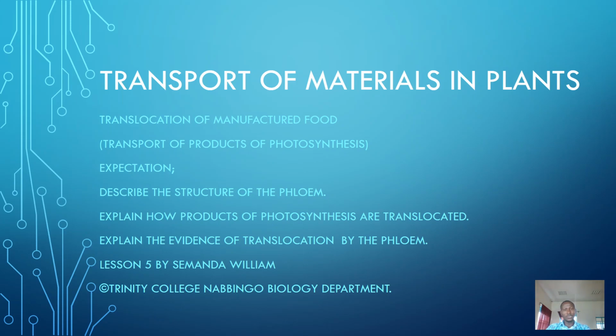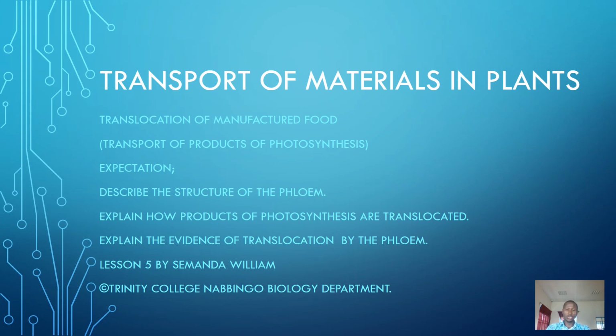Dear Senior 2 students, you are most welcome to our fifth lesson in the topic, transport of materials. In this case, we are going to talk about transport of manufactured food, or products of photosynthesis, in the phloem tissue of the plant. So we expect to talk about the structure of phloem, the products, how they are transported, and the evidence of